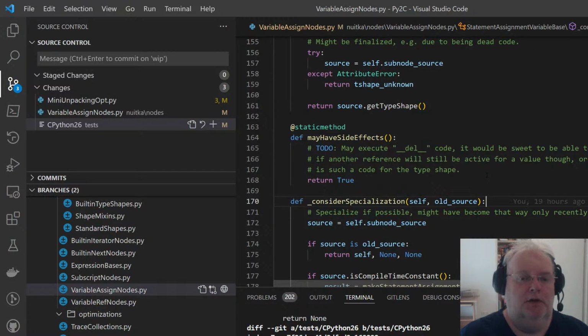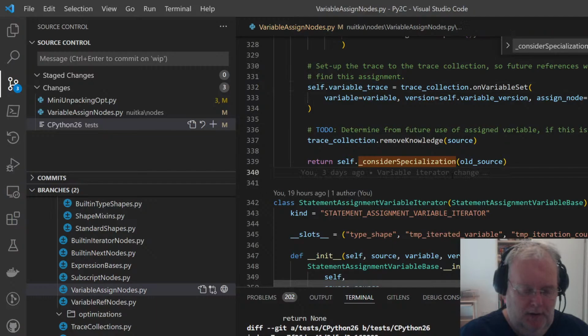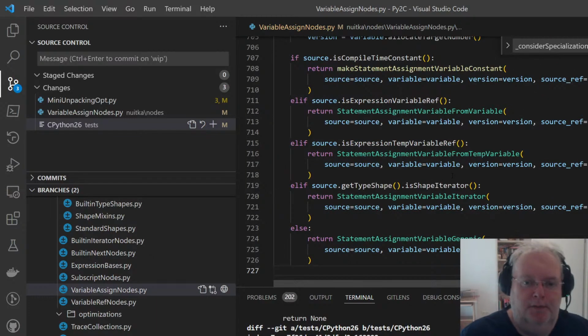Consider specialization is being called at the end, so this one has happened, and this information will get lost when we get replaced. That's not good. Yeah, but it didn't show itself much in bugs yet.